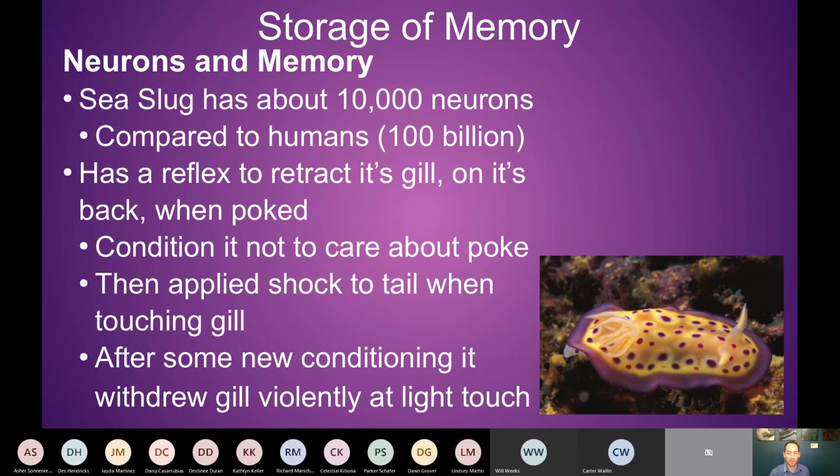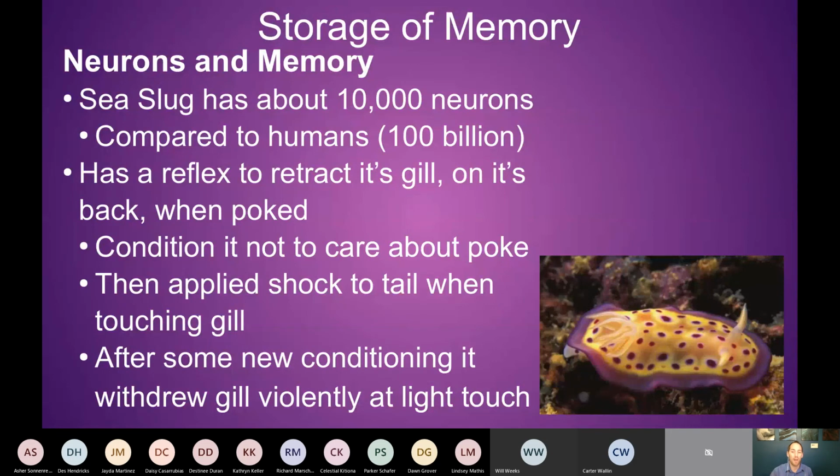So why do we do this torture to this creature? Well, because with the mapping of those 10,000 neurons, we can actually watch the neurons make new connections with each other and map that memory being created. Basically, map that neural network of first having a signal, the receptor cells sending the signal, hey, I got touched, hey, retract the gill. Scientists can watch that signal be sent. Then through conditioning, they can watch that signal die off, so it's no longer sending a signal to retract the gill. Then they can watch as it relearns to retract that gill.